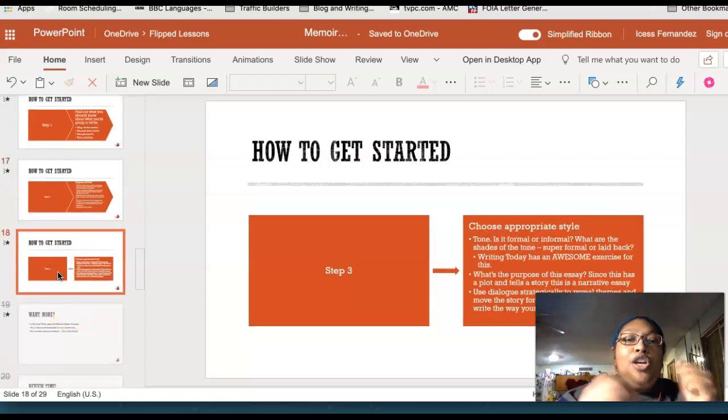And then step 3, you're going to choose the appropriate style. So think about, is this a formal essay or an informal essay? What's the tone? Are you taking more of a reporter type tone, just the facts, or are you telling a story? I can tell you only one of those is actually useful for a memoir essay. Think about the memoir essay that you read in the module. And of course, shitty first drafts. Guess what, guys? That's actually a memoir essay. So if you want to go back to the previous module where you have a copy of that, I would go ahead and read that again and see what the writer did and what makes that a memoir.